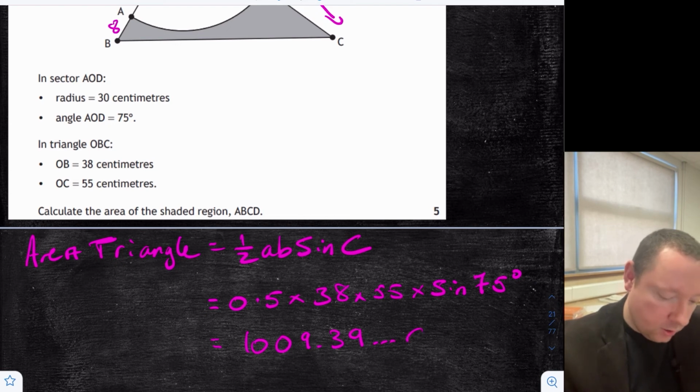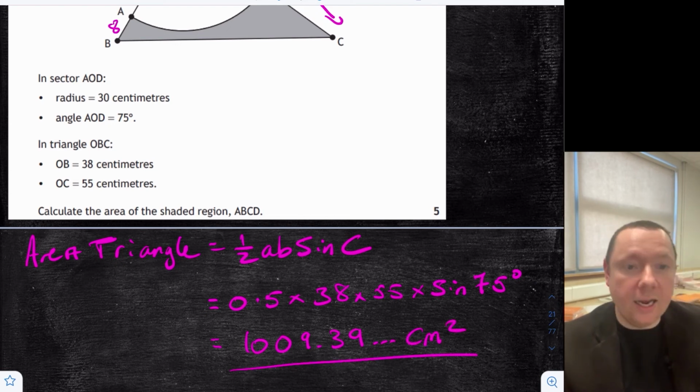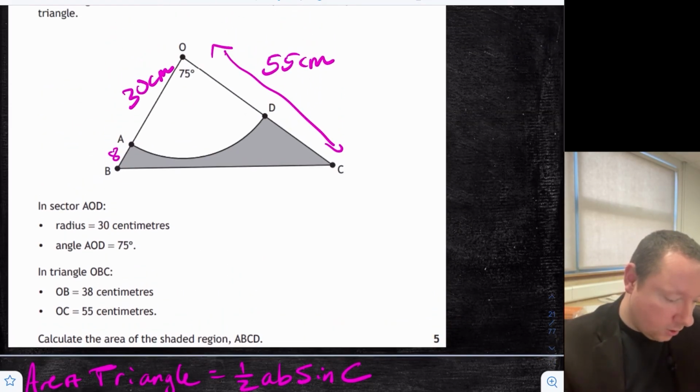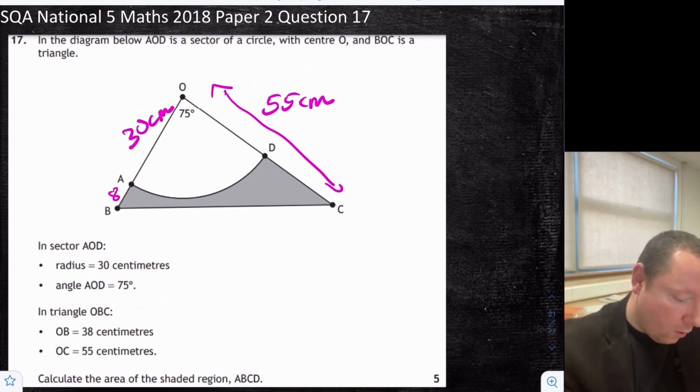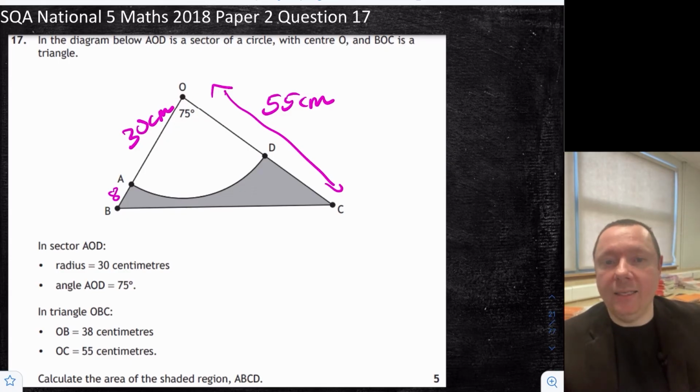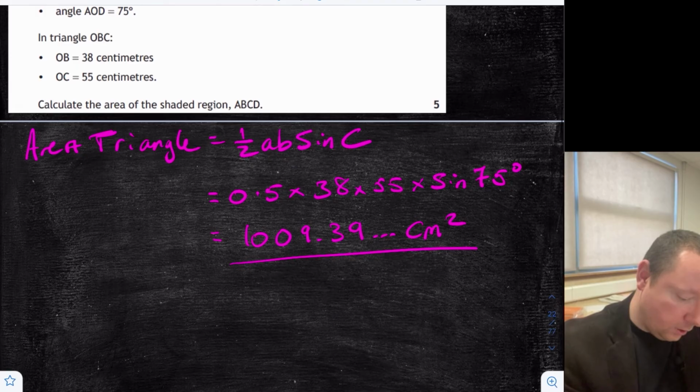Bunch of other numbers, centimetres squared. So you've done your triangle, you get a mark for that. You now need to do your sector, so let's go back to our sector work. So we've got angle out of 360 times pi times r squared. So let's write that. Area of sector